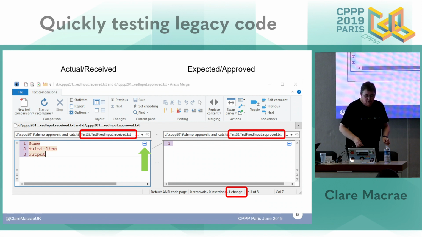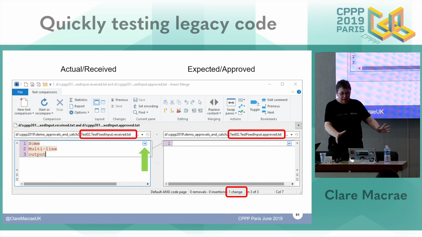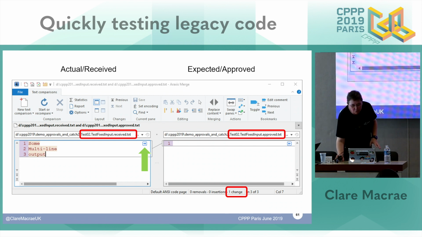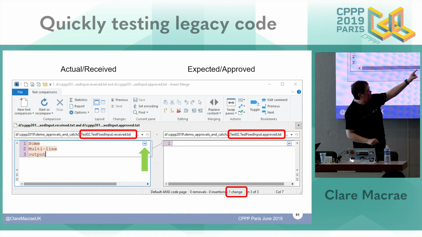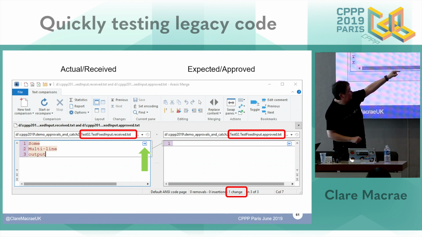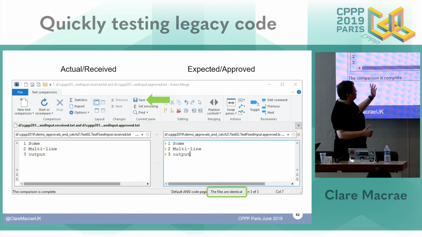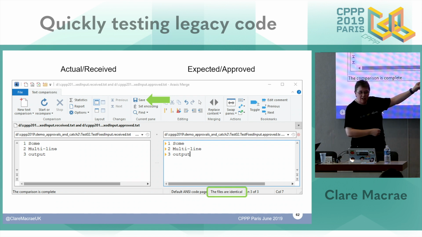So if we're happy with this output, which I am for the sake of demonstration purposes, then whatever differencing tool opened up, you want to use the feature in the differencing tool that, okay, I've got the presenter's view here, so the scale is completely different. So what you would do is you would click on the blue arrow there, which is Araxis Merge's little symbol for copy from left to right. And then now what happens is the text is the same on the right-hand side as the left, but we haven't yet saved the file.